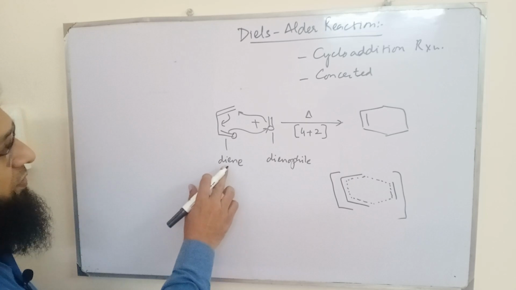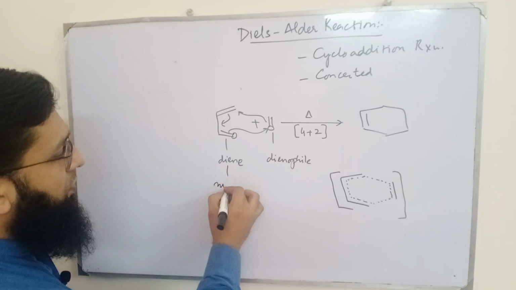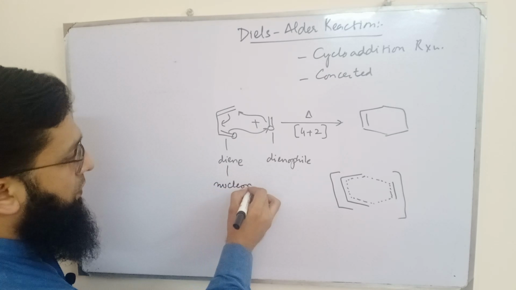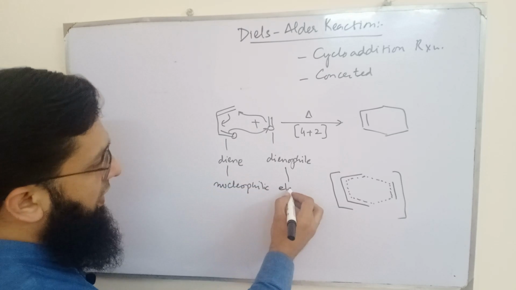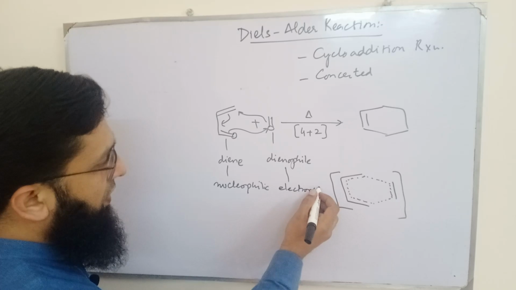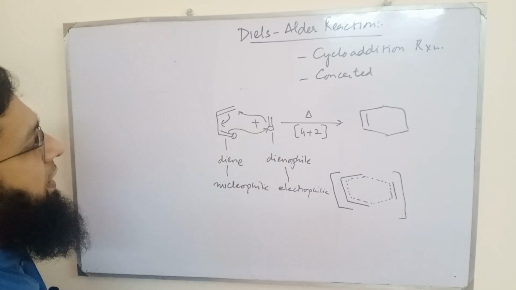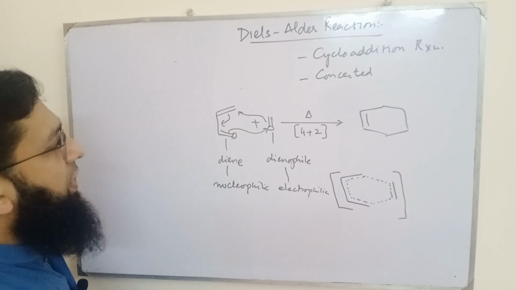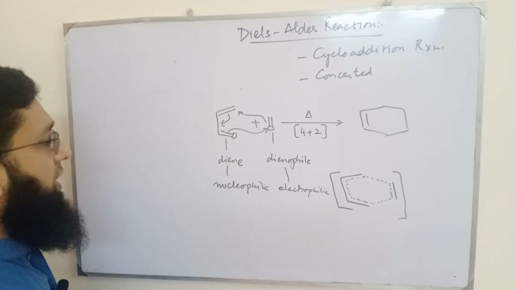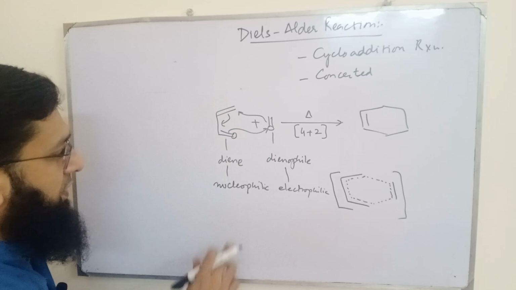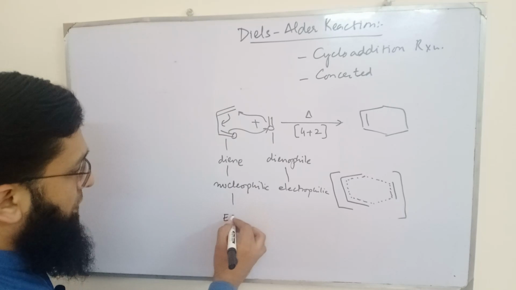In general, because there is an excess of pi electrons on the diene, it can be regarded as nucleophilic, and the dienophile as electrophilic. Although it is true that both of the molecules are taking electrons and donating electrons at the same time, the excess is present on the diene, that's why we can regard it as nucleophilic in nature, and in general electron donating groups are present